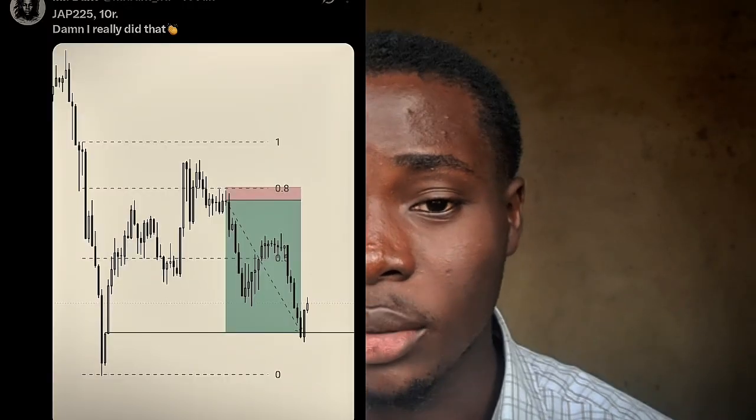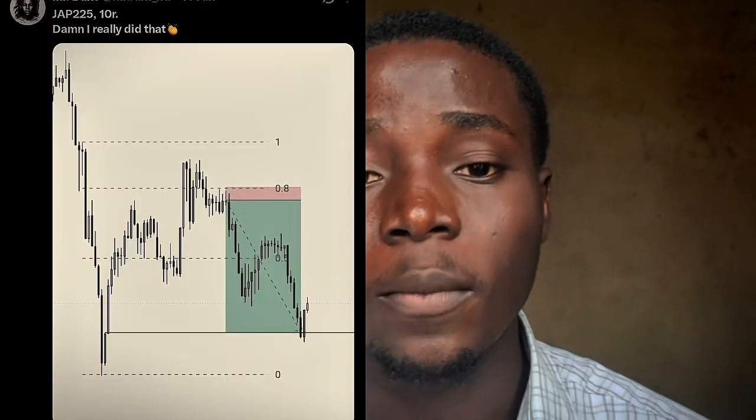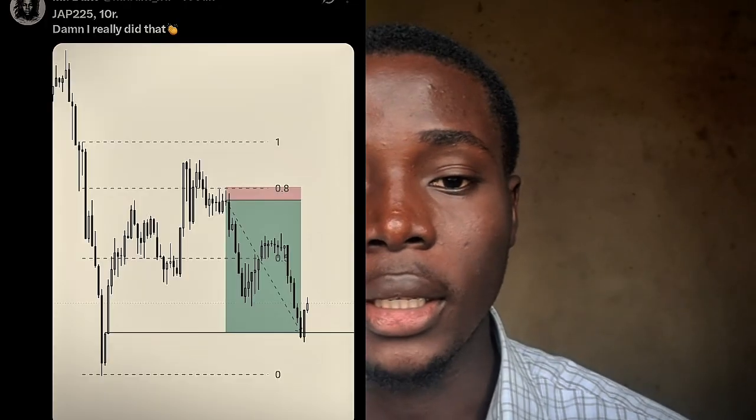I don't know if I would do a breakdown of the trade, but I will just put a screenshot on the screen. So what I do is I use my fib levels from high to low. Then I enter at 0.8, even though I've tweaked it down to 0.78 now. But I enter at 0.8 and I aim for the low, which gives me roughly 3 hour, 3 weeks to reward. So that's what I use most times.